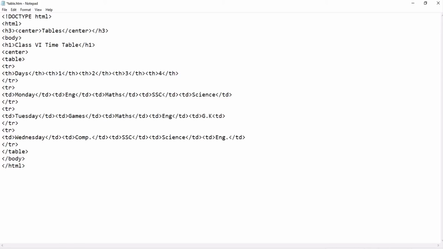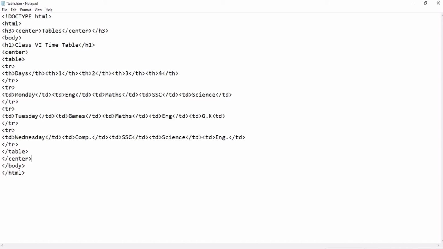Then I have to close the center tag also here, the same way, exactly like this.